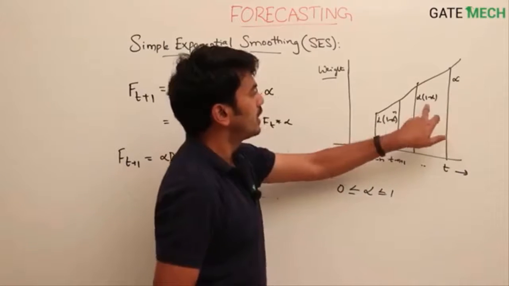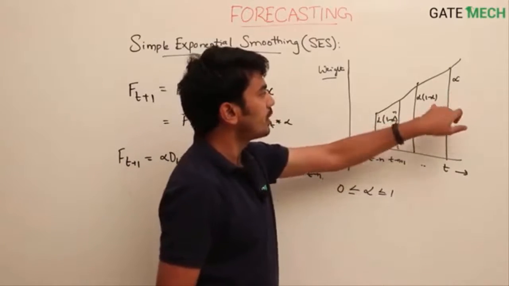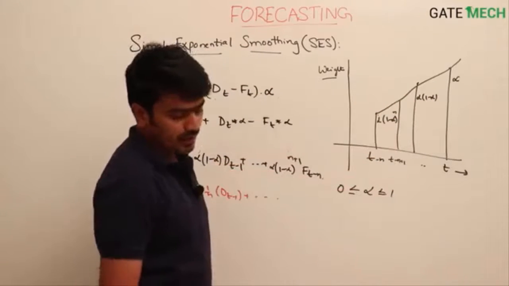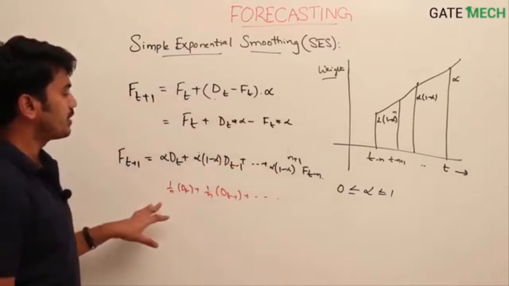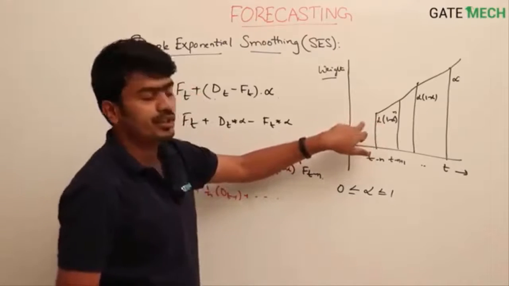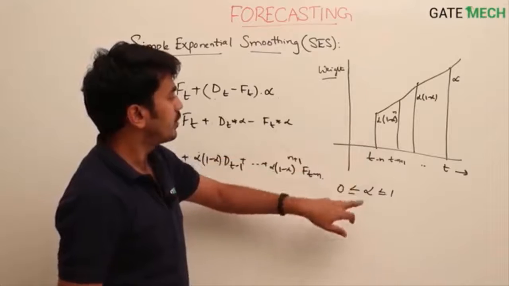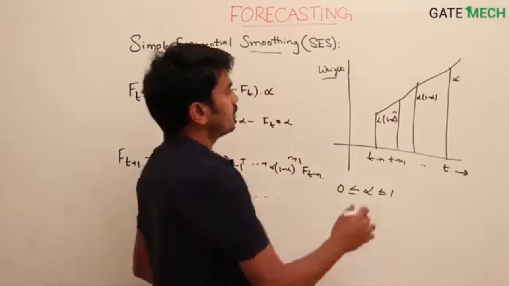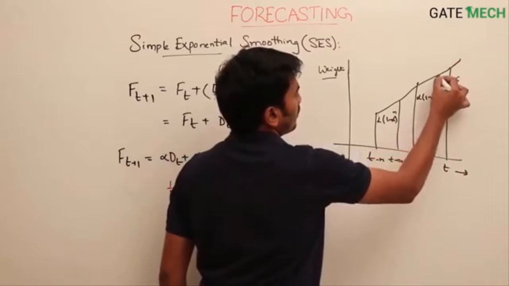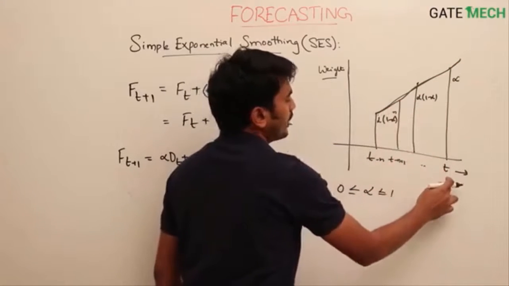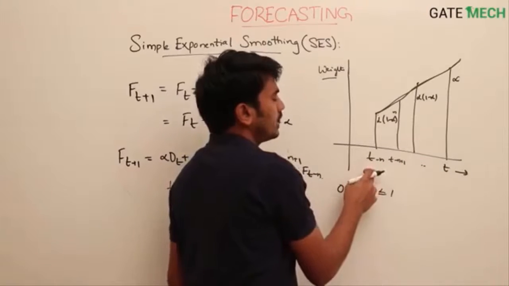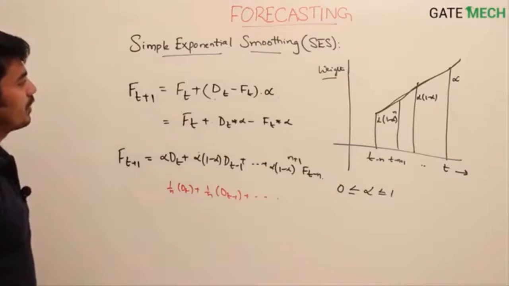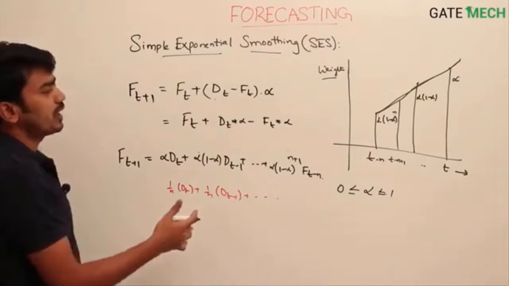So this number is less than this number because it is less than 1. So when we consider past n data points or past n observations, the weightages decrease in an exponential format. That's why the name came from, exponential smoothing. These weightages decrease as we go on from current period to nth last period. This is how exponential smoothing differentiates current observation from past observations.